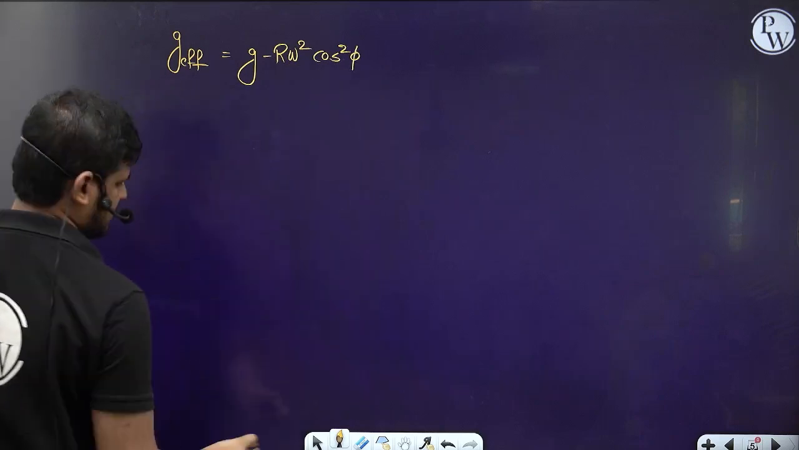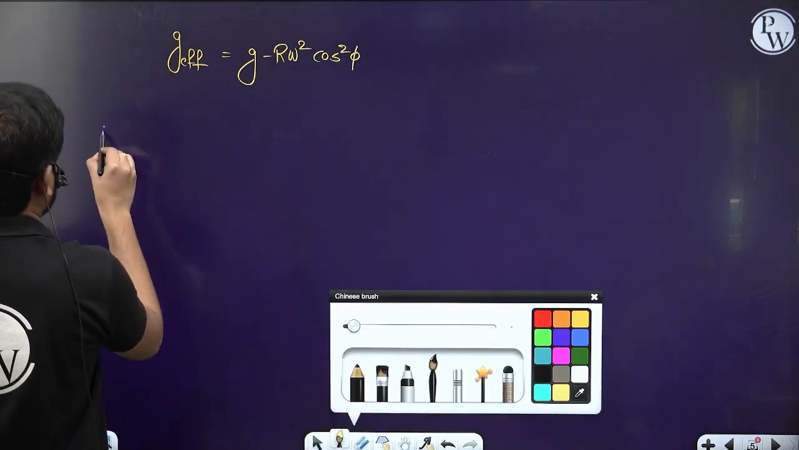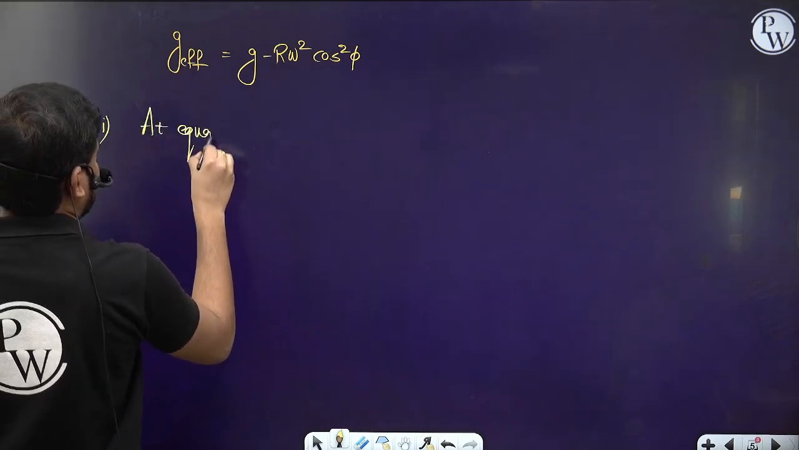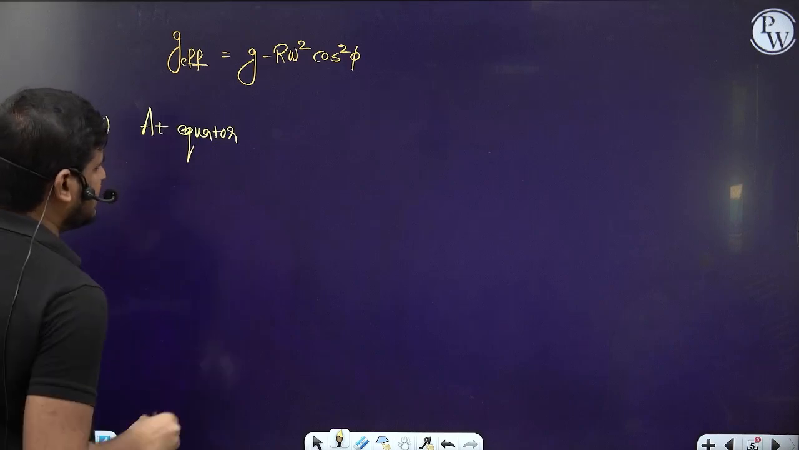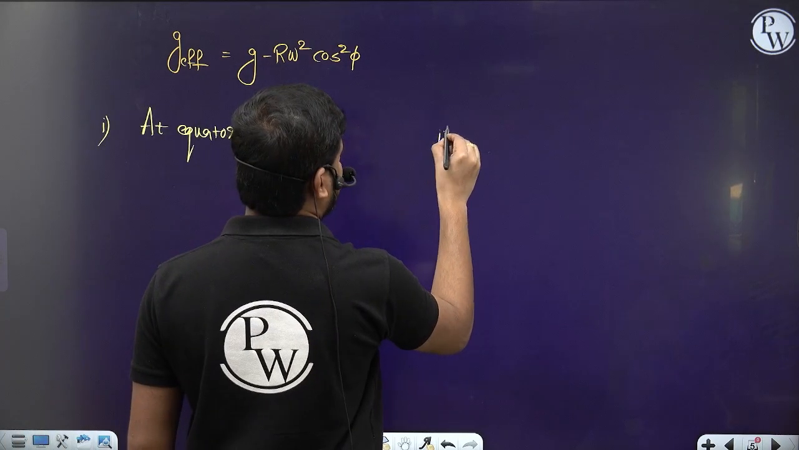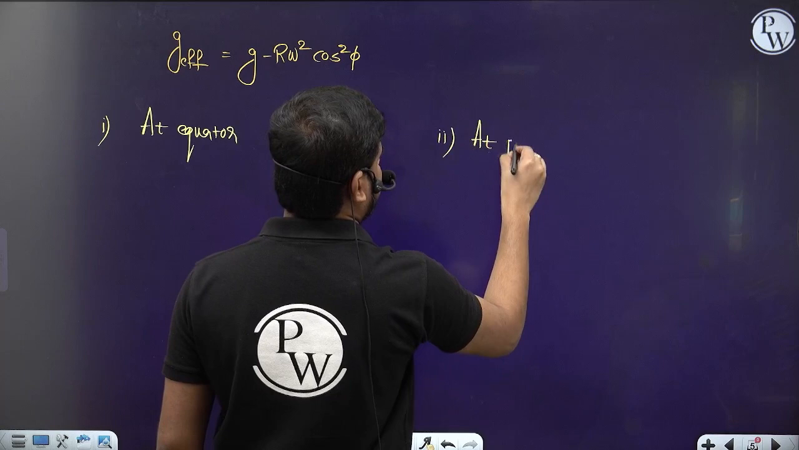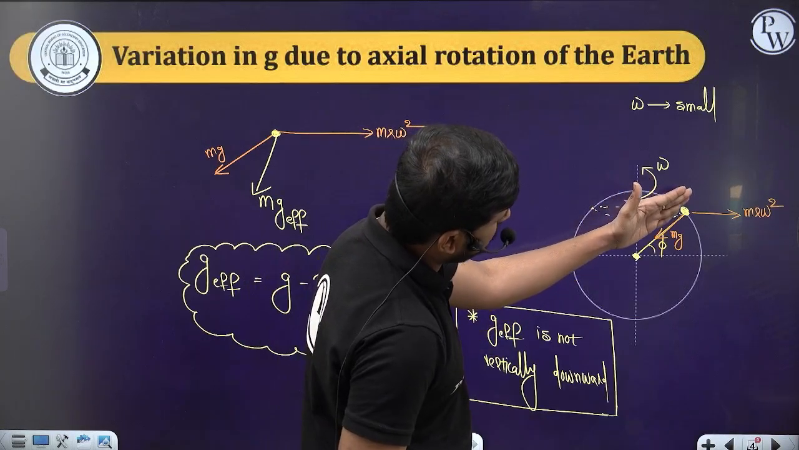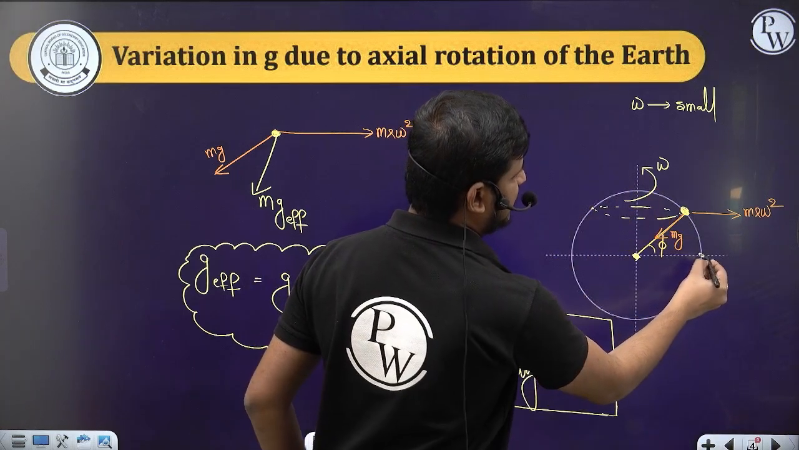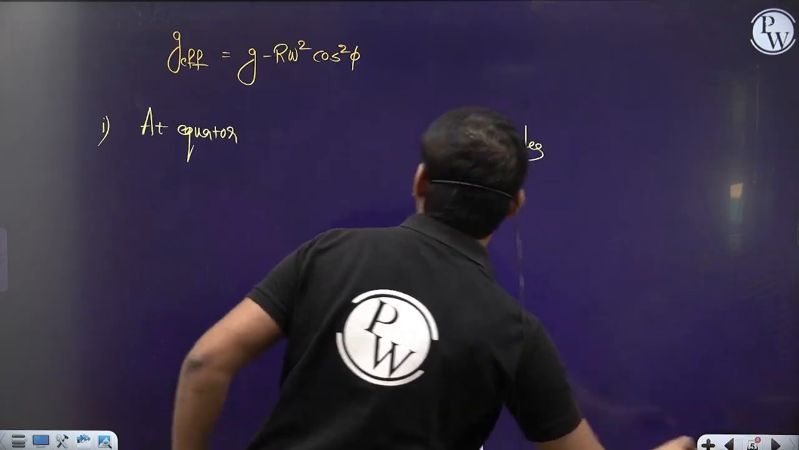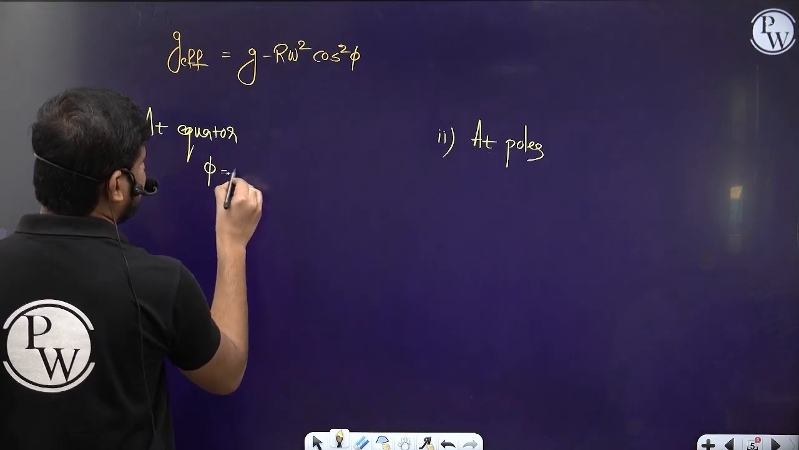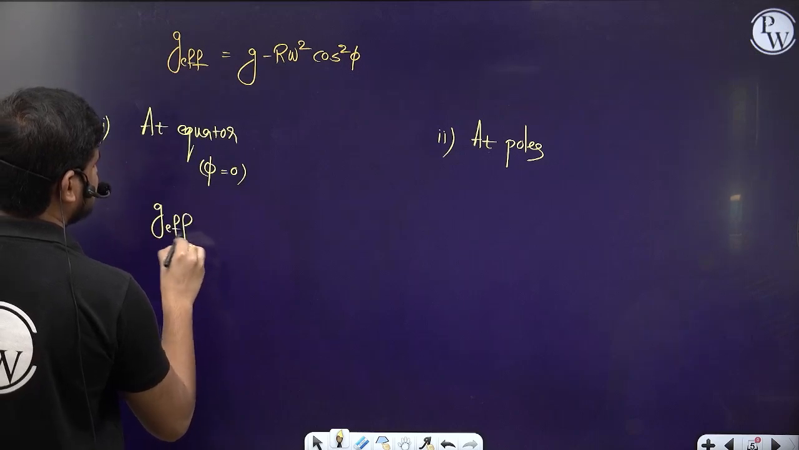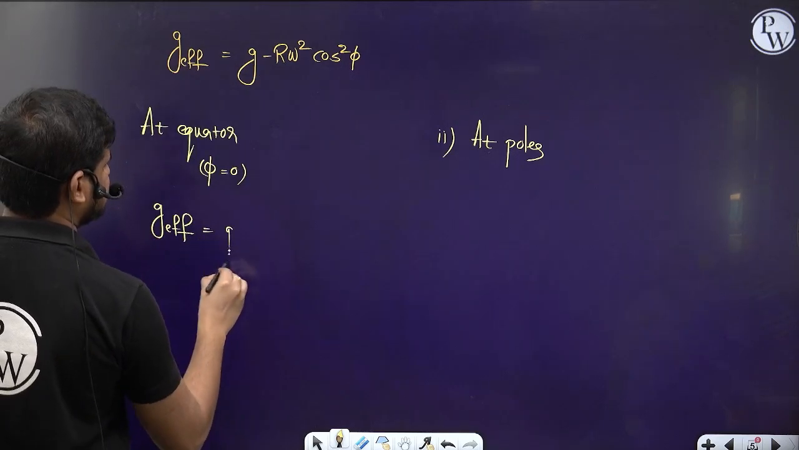Yes. Now let me write for the equator, at equator, and then second at poles. At equator means you take the object here, right? So this phi will become 0. At equator the phi will become 0. So if phi becomes 0, what will be the g effective? The g effective will be equal to g minus